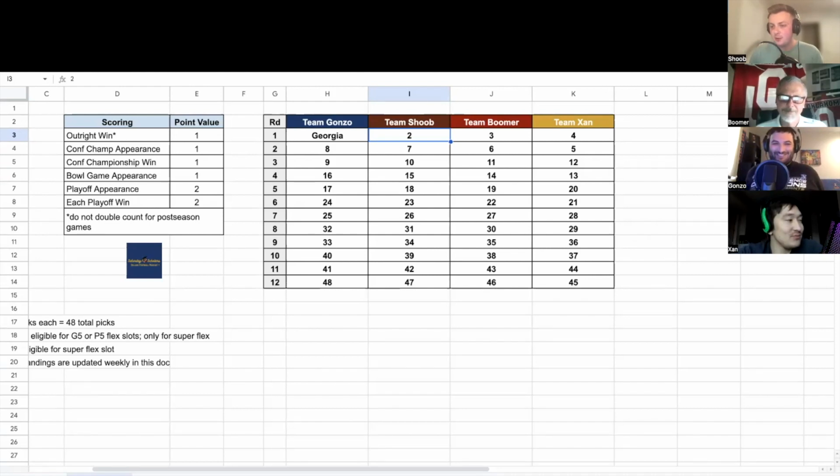All right, so now that Georgia's off the board, this is where I think there's a pretty big tier drop off between UGA and the rest, at least in terms of points and safety. I think everyone out here you're at risk of losing some potential points in the postseason. But at number 2 overall, I am going to go with the Michigan Wolverines. Not shocked. Good pick. I'm not shocked.